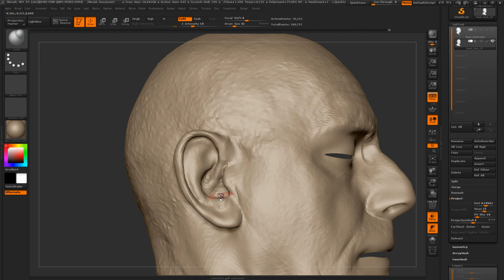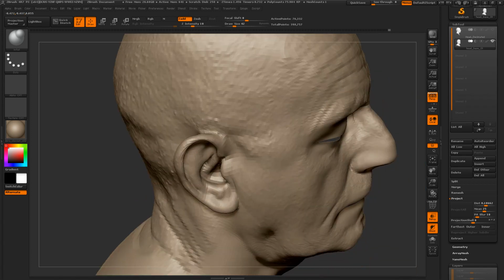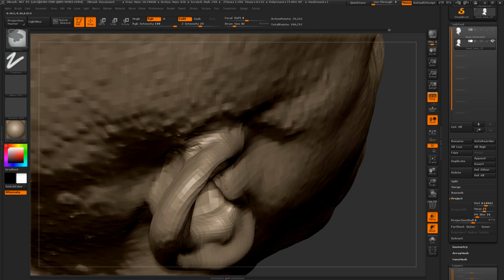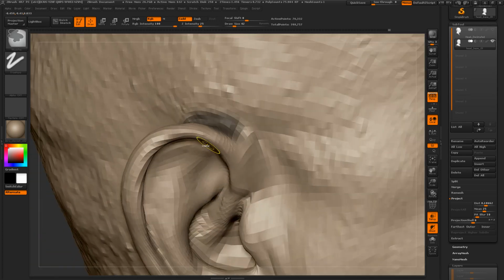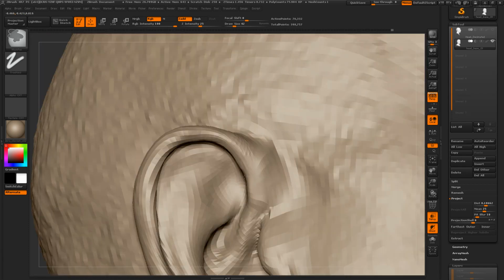But there is one more thing that I want to touch on, which is very handy, and it's a specific feature of ZBrush that makes certain problem areas, like the area in here or along the ridge of the ear right here, provide you with slightly fewer problems, and that has to do with